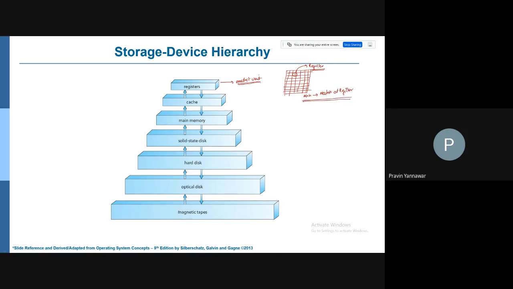Tapes are the highest one, then the optical disk, then the hard disk, then the solid state disk, then main memory, then cache and registers. So this is the lowest one, and this is the highest one. This is the difference as far as